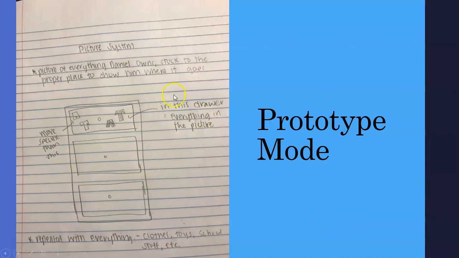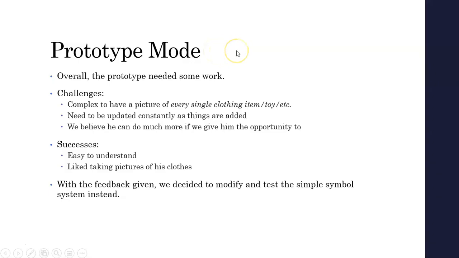So for the prototype mode, this is the picture that I drew to show what it would be. And it just needed some work. There were quite a few challenges. It was very complex to have a picture of every single clothing item and toy and movie and everything. It was a lot of work to even get the system started, and it needed to be updated constantly as